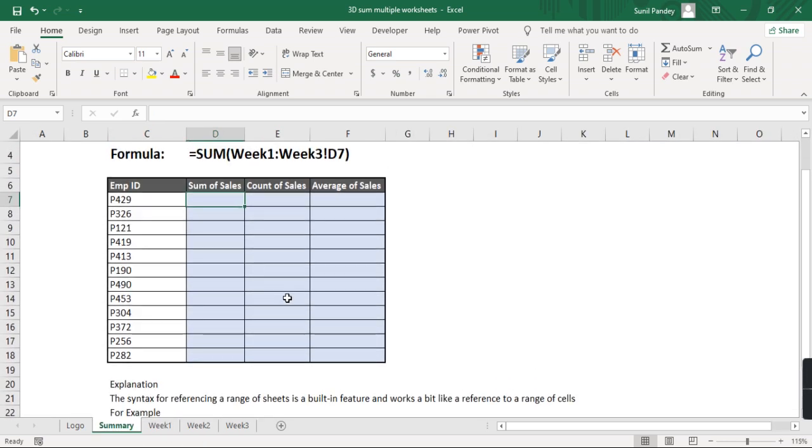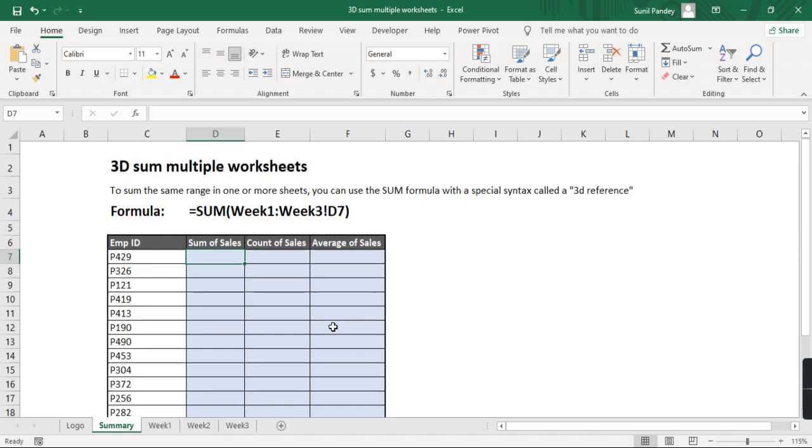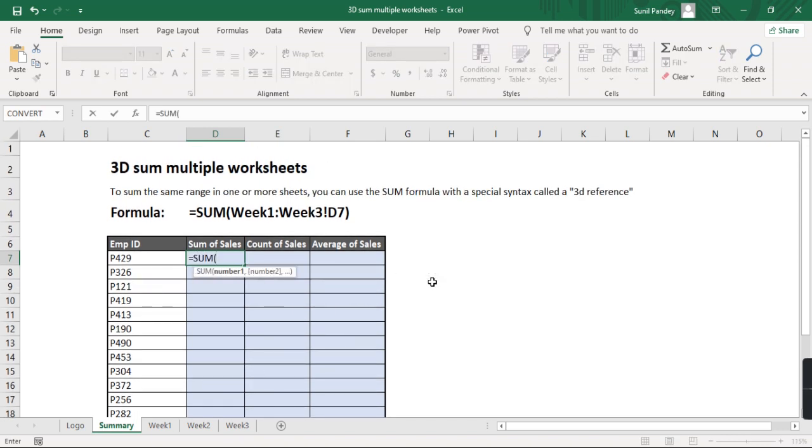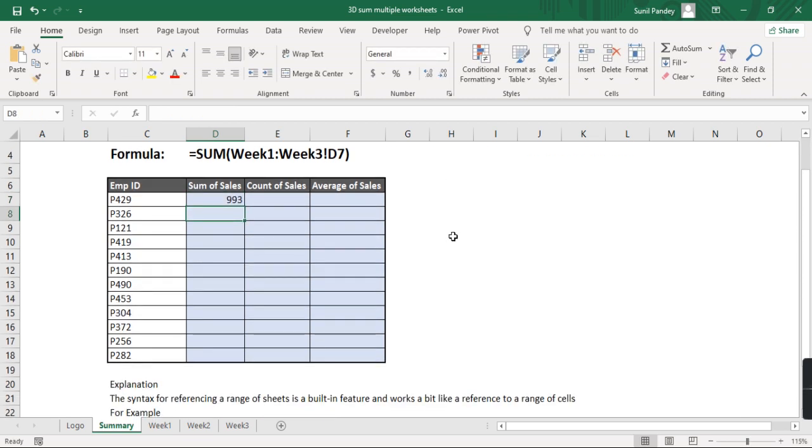Okay, so let's put the formula: sum, week 1 to week 3, and we'll put the reference like this, D7, enter, which means